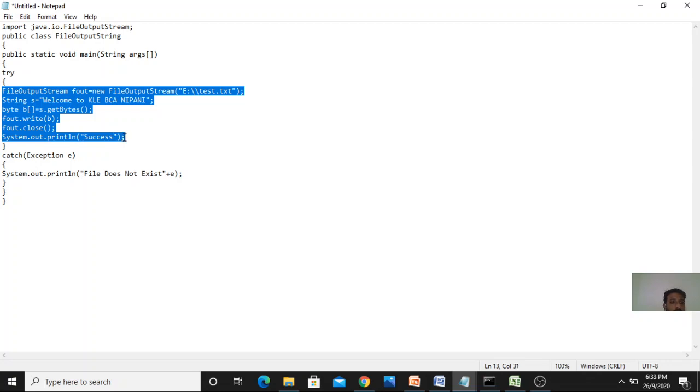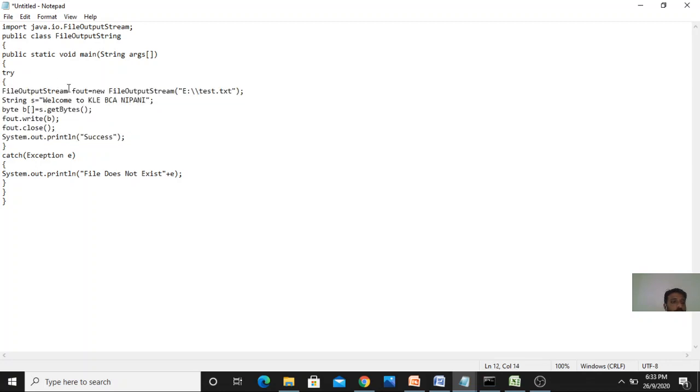So I have created the object of the class FileOutputStream, and I am passing a text file to the FileOutputStream constructor. I have created a variable of type String, and I am passing the value welcome to KLB Pani. Next I have created an array of type byte, that is b.